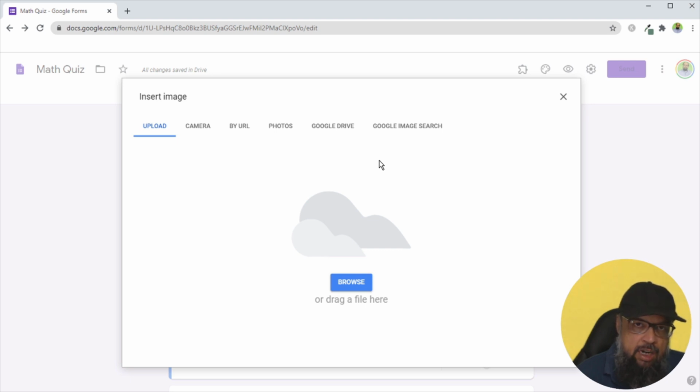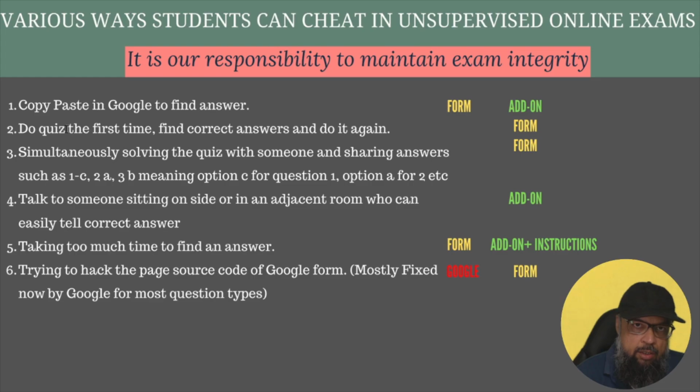I have described this method in another video about the mathematical expressions, because the way you enter the mathematical expressions in Google Forms is only by using images. You can watch my video. I will put a link here and you will understand what I mean. And now we have prevented cheating method 1, 2, 3 by using Google Forms features. Now I want to show you how to use a Google Form add-on to prevent cheating in Google Form quizzes.